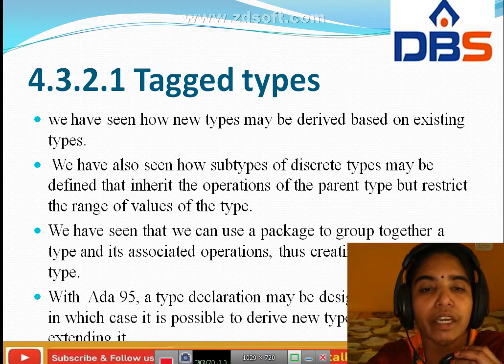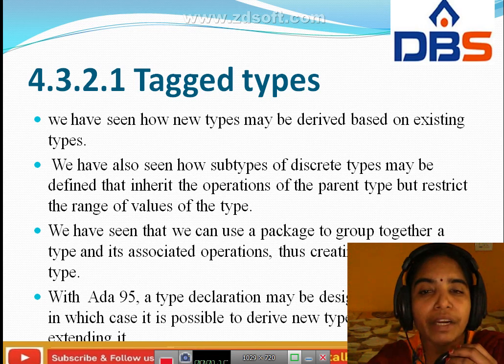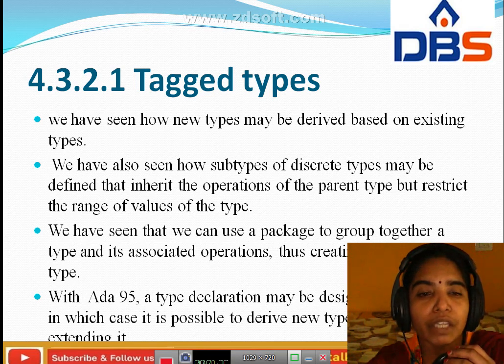In that, you have to give the operations of the parent type and you have to restrict the range of values of that type. The next point is that we can use a package to group together a type and its associated operations.